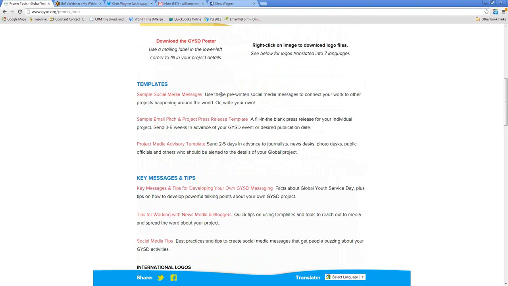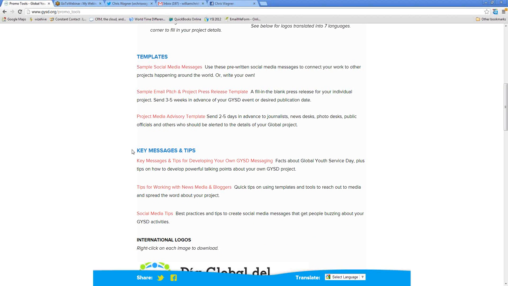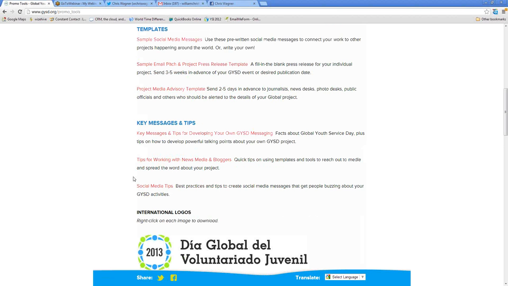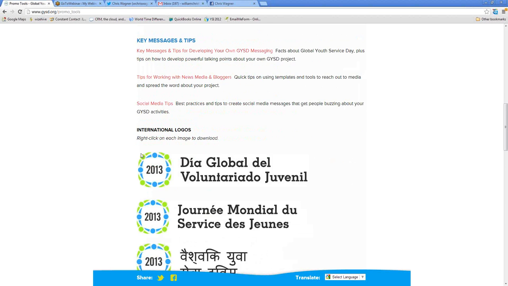And here are some of the templates I was mentioning earlier that organizations have used and have come back and said, hey, you really helped us think through a little bit more how we use social media, how we engage the media as a whole. And so please feel free to look through some of these. We've got some different templates, some best practices in how to use Facebook and Twitter and social media in general, and the key messages and content that you can use for your Facebook and Twitter in support of Global Youth Service Day. And again, a lot of these skills you'll be able to use after Global Youth Service Day for other programs you use with your organization.